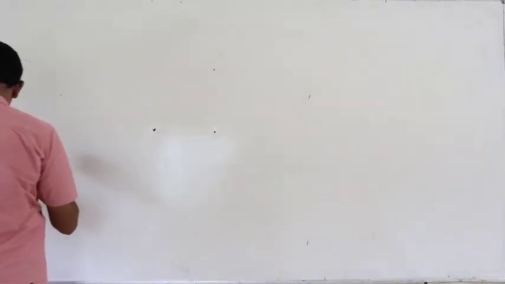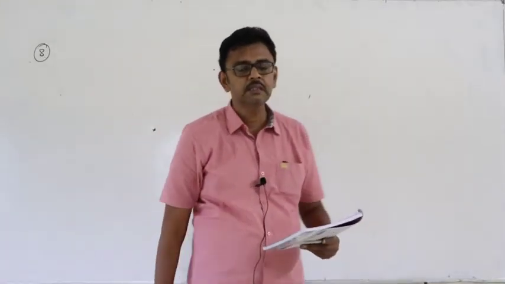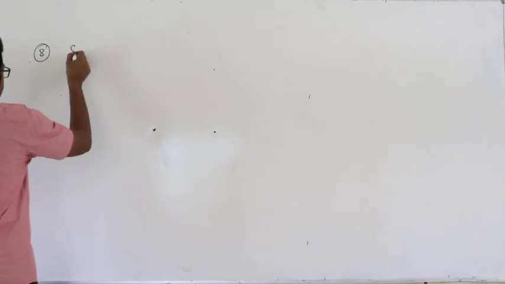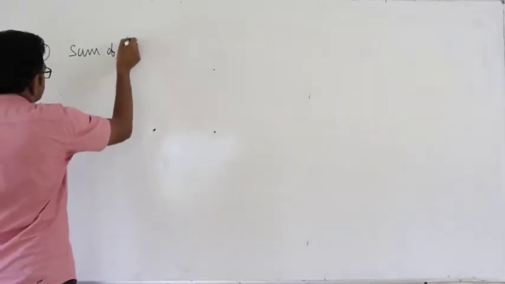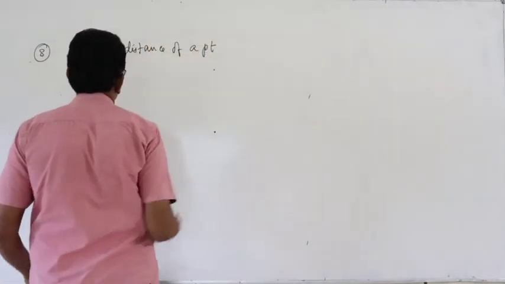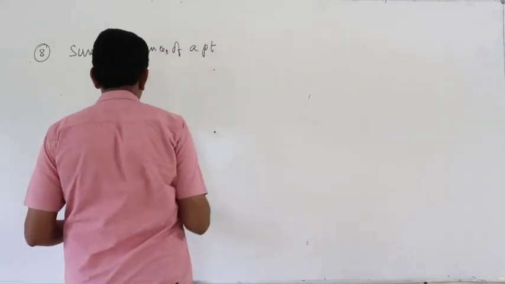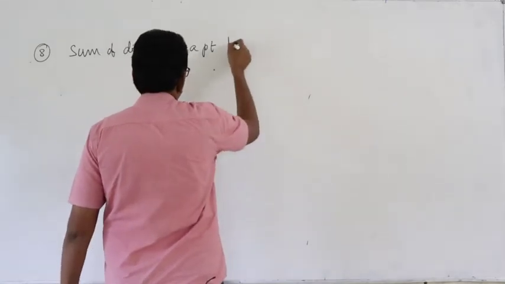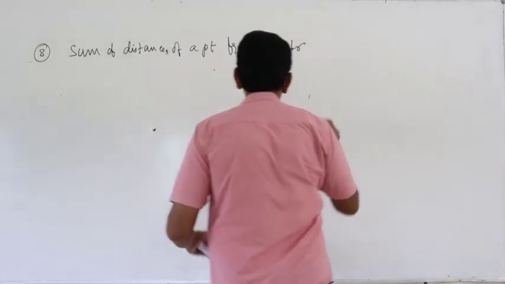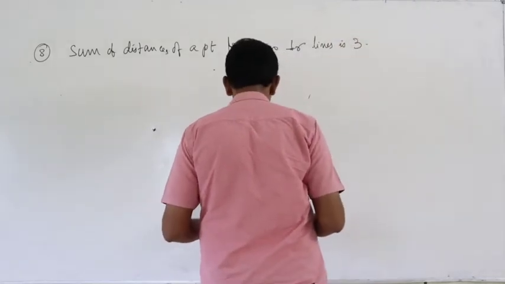Next one. The sum of the distances of a point from two perpendicular lines is 3. Then